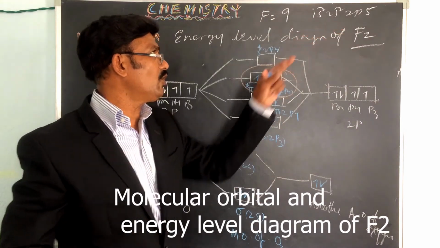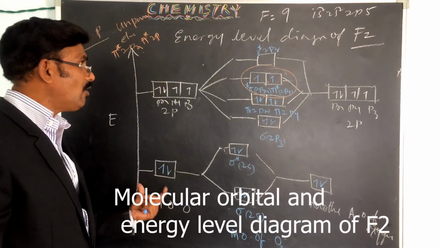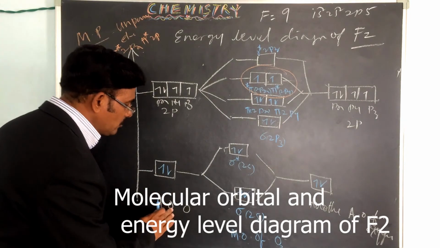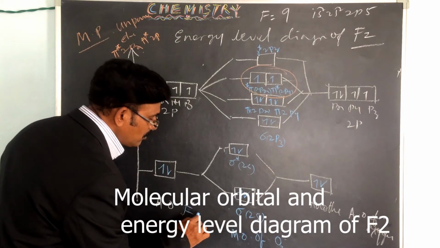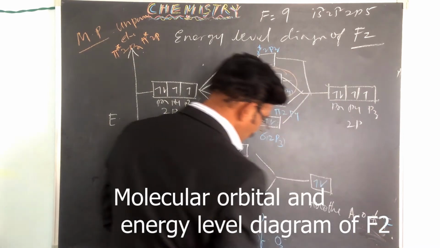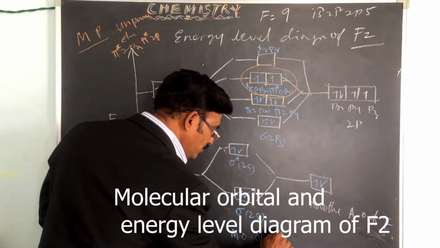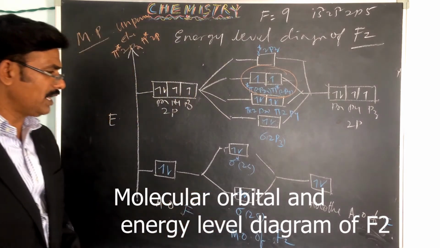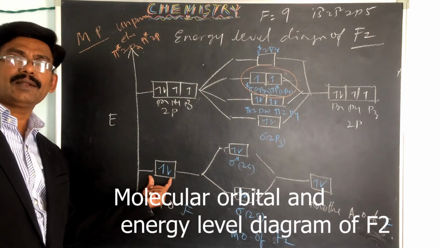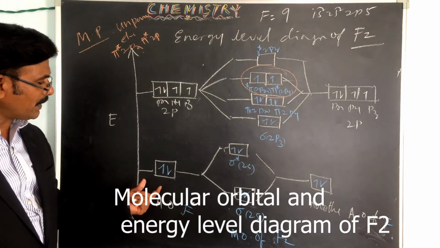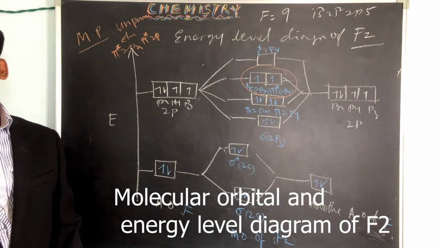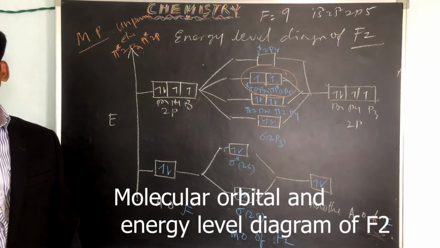In 1s2, 2s2 we know that, so in the 2p level you have to look at the pi level. Here the atomic orbitals are of F, and here also the atomic orbital of F. So here we can write the molecular orbital of F2. In this, 2 electrons are present, in this 2 electrons, in this 2 electrons, and here also 2 electrons are present.